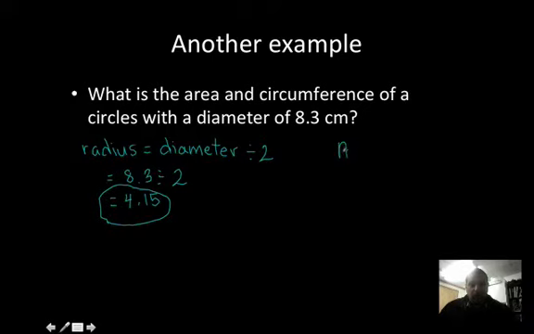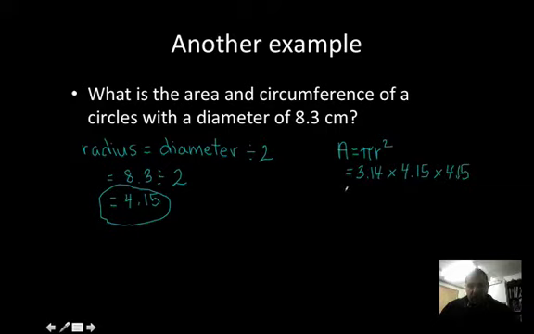First, for area, area again is equal to pi times radius squared, 3.14 for pi, multiplied by a radius of 4.15, and then multiplied by 4.15 again